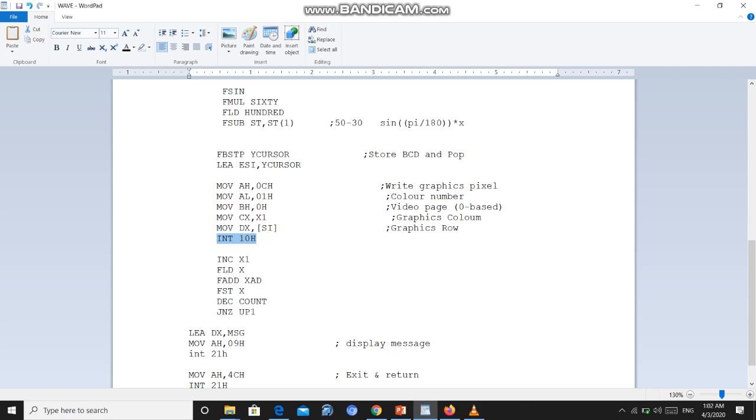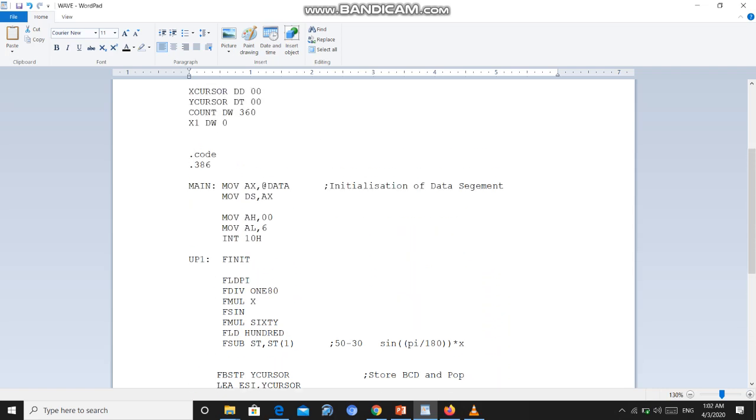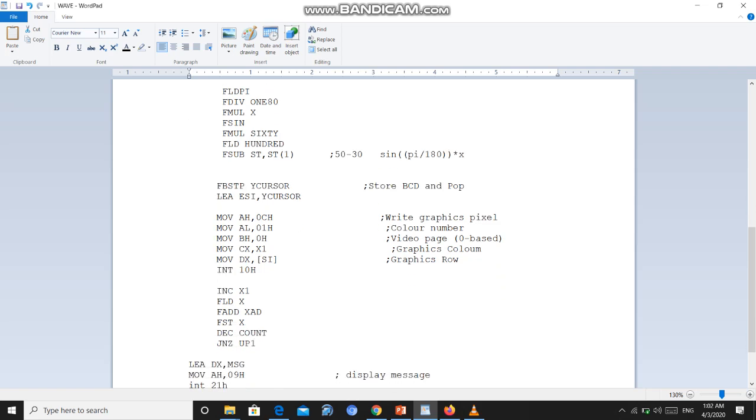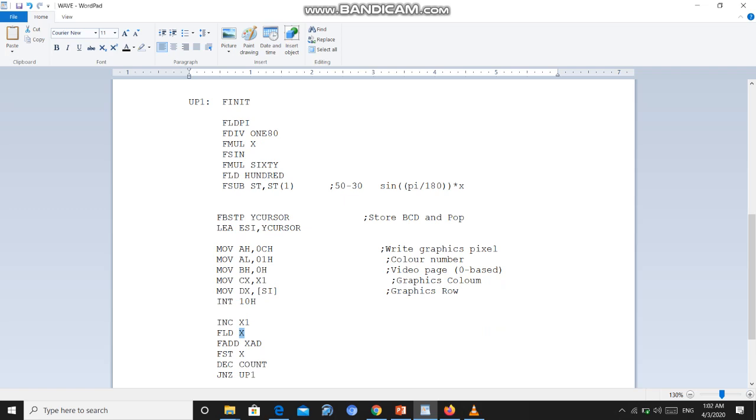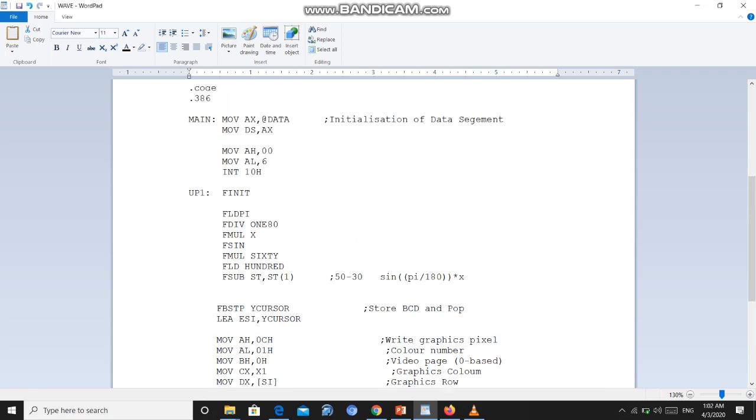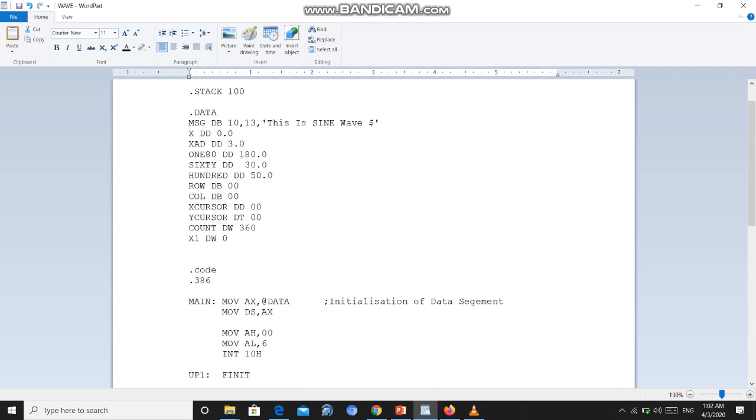Then we need to plot the next pixels also. For that we are incrementing the value of x1. The initial value is 0, but now the value of x1 will become 1. Then we are loading the value of x, as we have already calculated the value of x from this. Then we are decrementing the value of count. The count is initially 360, but now the count is